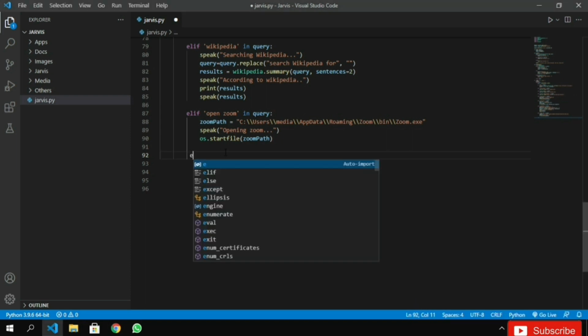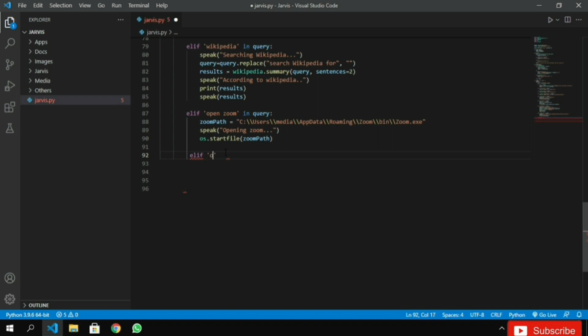For that type elif open code inquiry, then code path is equal to, here code path is a variable. Now I have already copied the path, but if you did not, copy it from the start menu, then paste the path. So type //